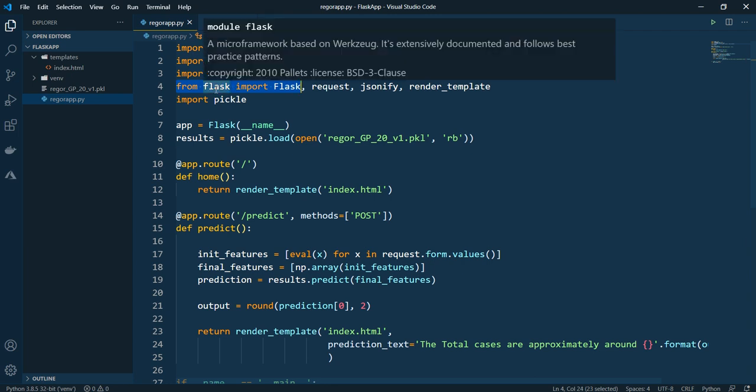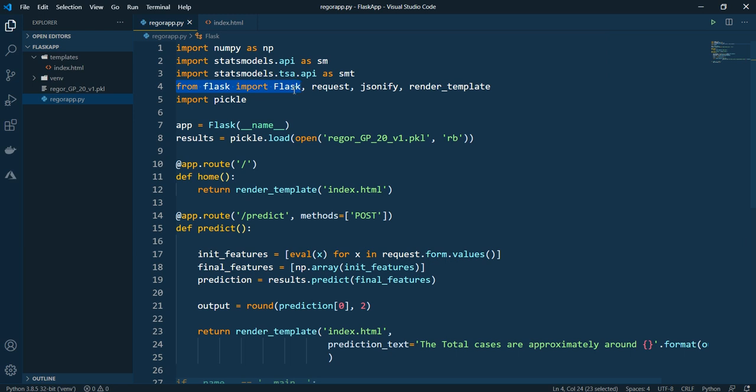You might not have this when you start initially. As you can see, Flask is a micro framework based on Werkzeug. It is extensively documented and follows best practice patterns, like the standard coding practice you have to follow, and there are different licenses for this.